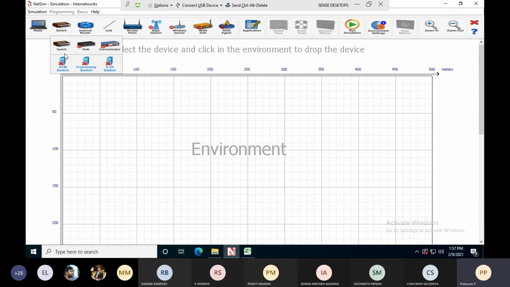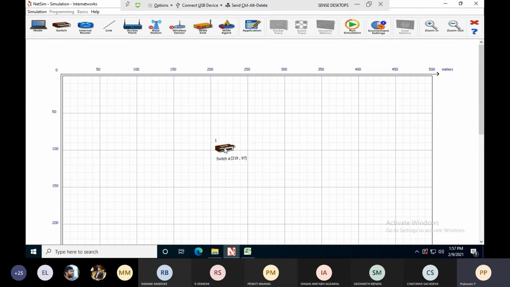Now if you see here, switch is in the active, hub is in the inactive stage. Click the switch, paste it, escape. Same 4 nodes. Click the node, select wired node, paste in the 4 positions, escape.